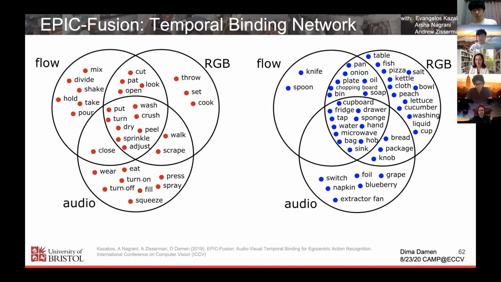I always get asked about blueberry and grape and why they end up under audio, and it's because of the packaging. They tend to have very unique packaging, so they get clustered. And you can see also the examples that get classified by all these modalities jointly, equally importantly, like the microwave. It equally importantly has a distinct appearance, a distinct flow motion of how you use it, and a distinct sound.